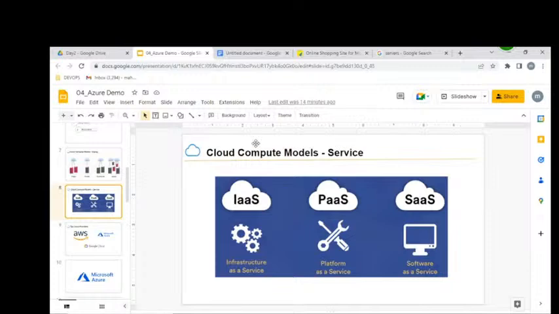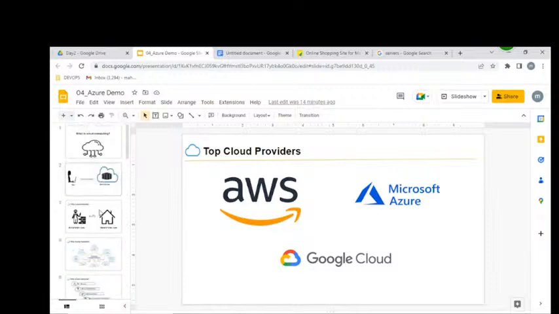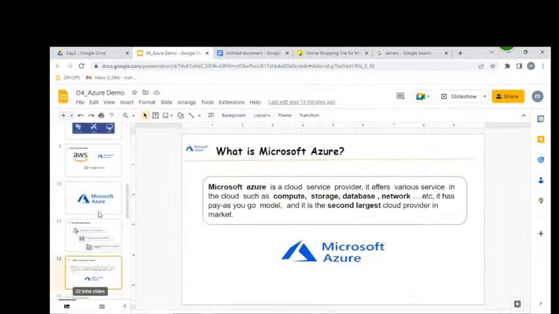Fine. So these are all provided by which cloud providers, please? We have so many cloud providers available in the market. But the leading cloud providers are AWS in the first place, second place is Microsoft, third place is Google Cloud. So these 3 are the leading cloud providers. Either Azure or AWS or Google has to follow these rules and regulations that we have discussed.